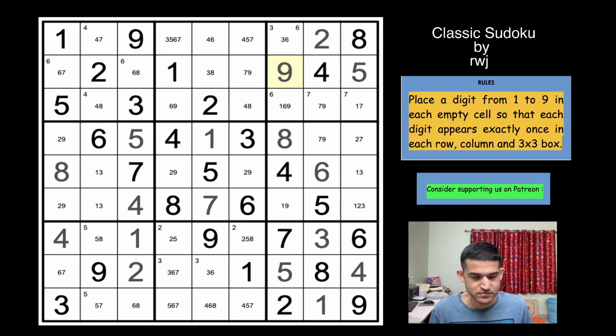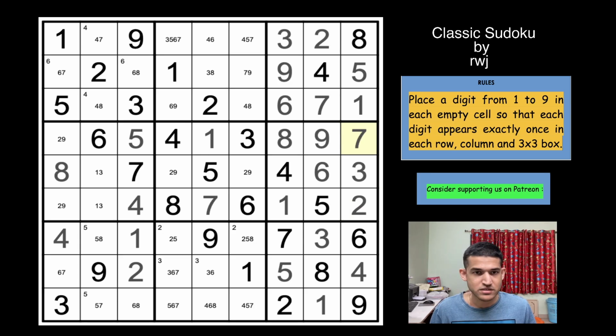Now I think the Sudoku should be straightforward. So let's finish it off quickly. 9 gives a 7 here. Oops. Gives a 9 here. Let's remove the color. And that 7 gives 1 here. This would be 6 now. That would be 3. Box 3 is finished. That's 1. Column 7 finished. That's 3. This is 2. This is 7. This is 2, this is 9, and that one gives a 3 here, a 1 here,